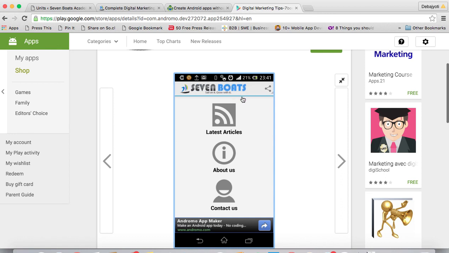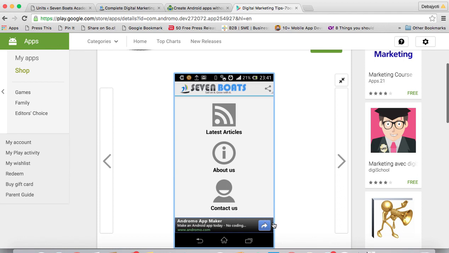After the action bar you can optionally put a header like this, and for every activity, every page, you can change this header, but we have not included a header here right now, only the action bar, then the gray background along with the classic style for placing the activities. We have placed three activities here: latest articles, about us, and contact us. And now this is for your